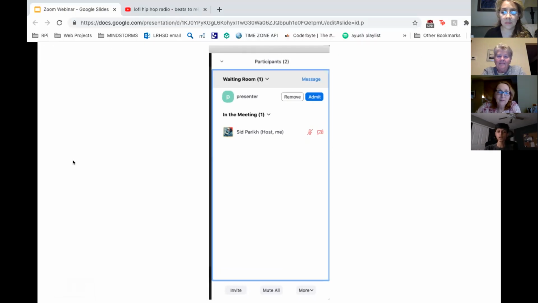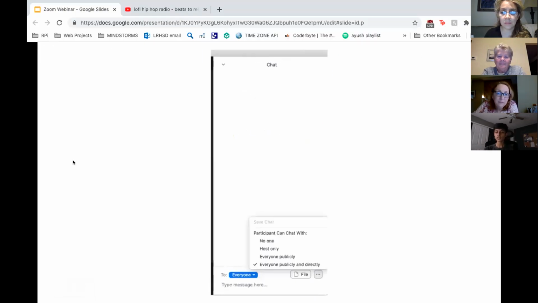Okay, so the chat is relatively self-explanatory. You type it in and everyone can see it. And you can also change who you're sending messages to. You can change to send them privately. But you can also control what your students can do. So if you click on the three dots,